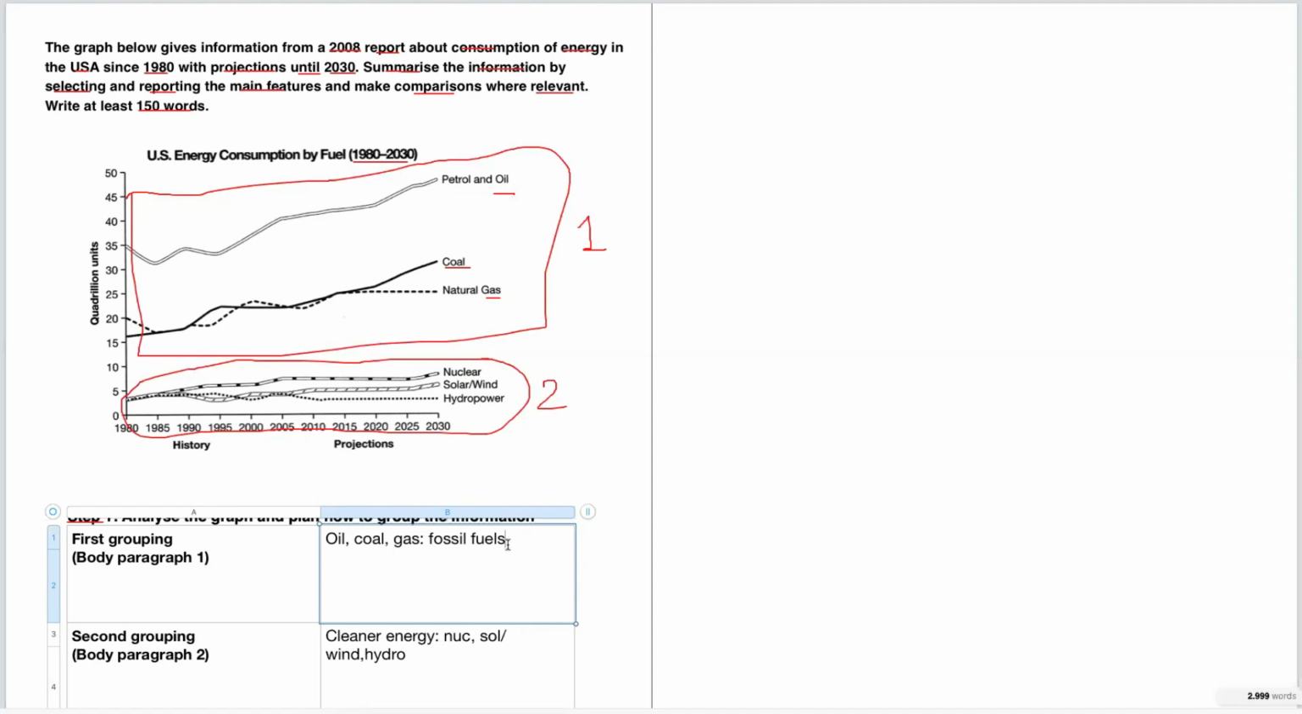And now I'm just going to make some notes so that I am prepared for my essay. And I want to know what I'm going to write because I have to report on the main features and make relevant comparisons. So looking at petrol, oil, coal, and natural gas first, I want to look at what has been going on since 1980. And in general, for all of them, it looks like they have seen steady increases in energy consumption. There are a couple of dips right off the bat,